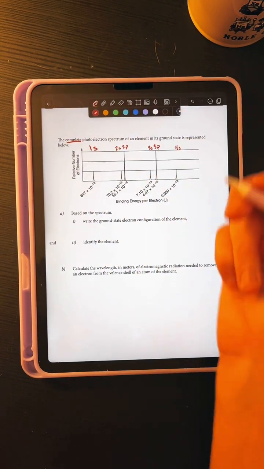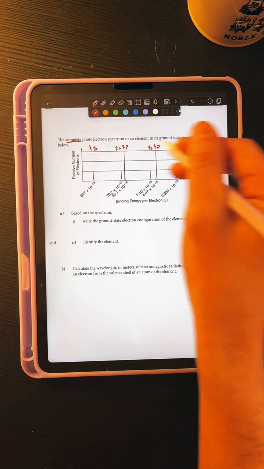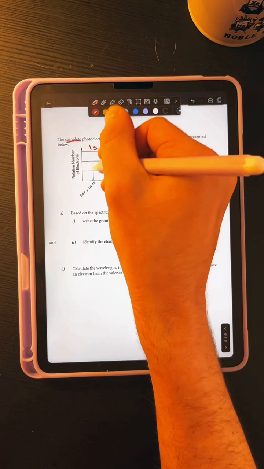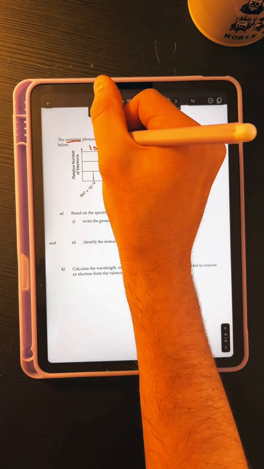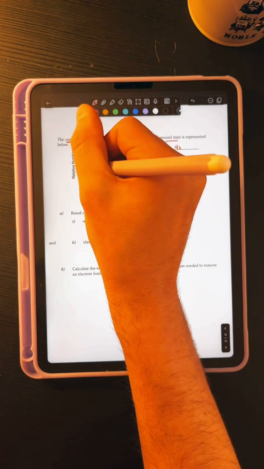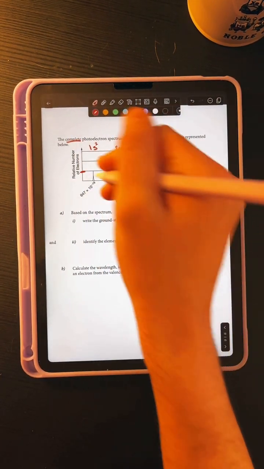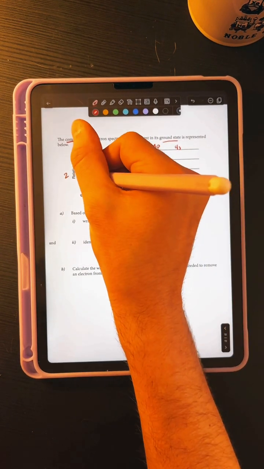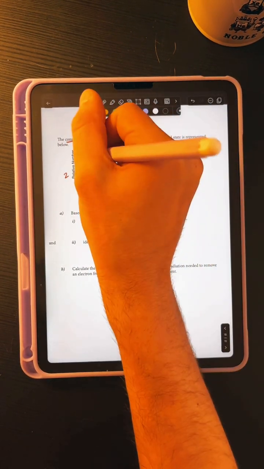Because we're told that it's a complete photoelectron spectrum, and we're talking about ground state, meaning no electrons are excited out, we're going to completely fill our first orbital, which is 1s2. So this line right here tells us that that is 2 electrons, meaning half of it is 1 electron,